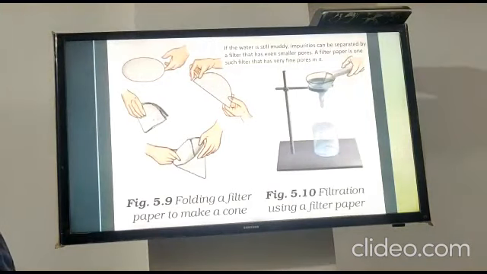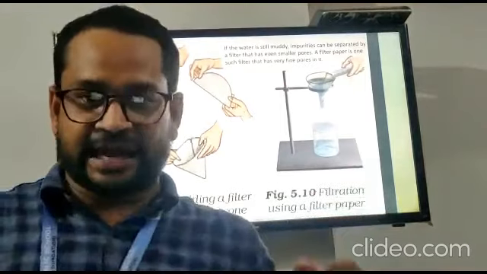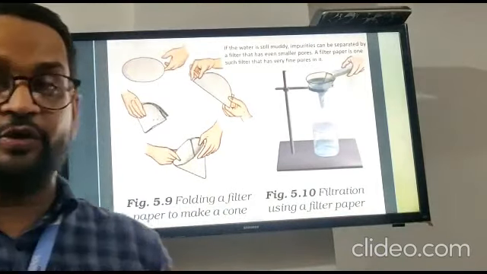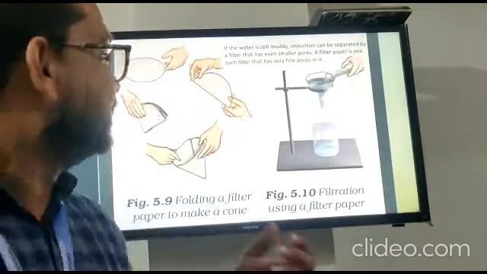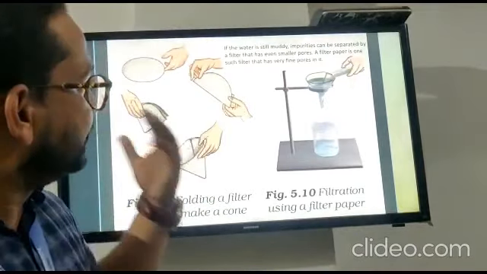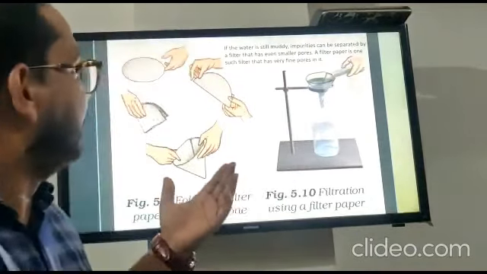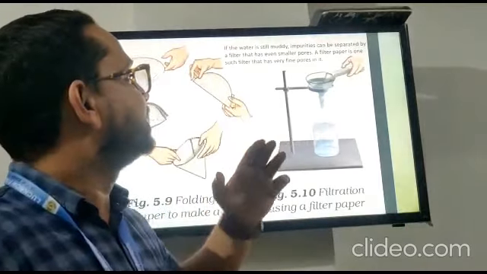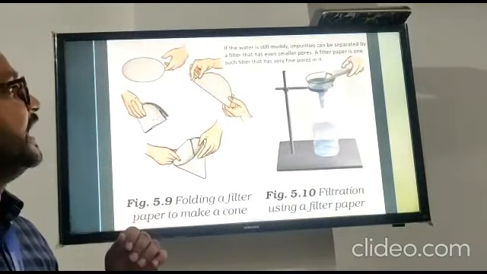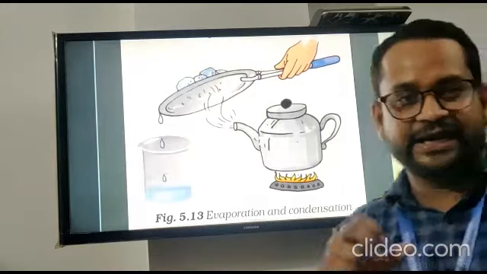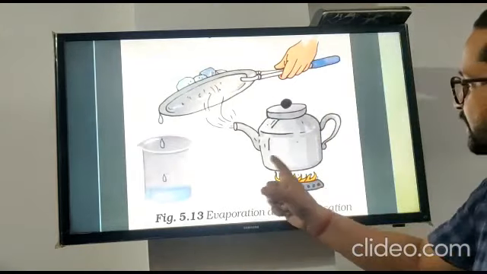Next. Now you can see another process. If the water is still muddy, after that we do the filtration process. When water is still muddy, impurities can be separated by a filter that has even smaller pores. A filter paper is one such filter that has very fine pores. So in that activity you can see the evaporation process.